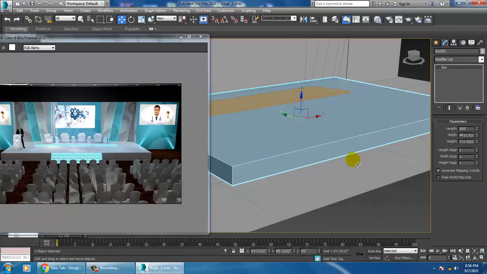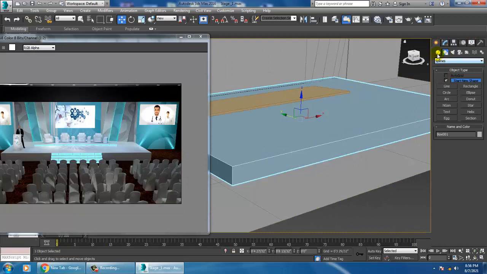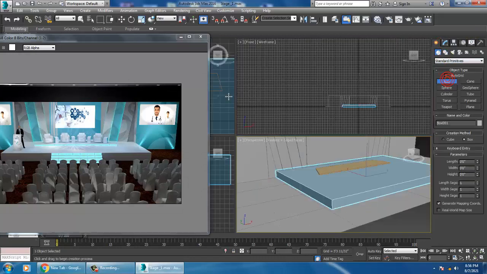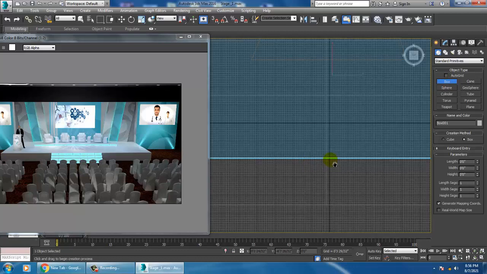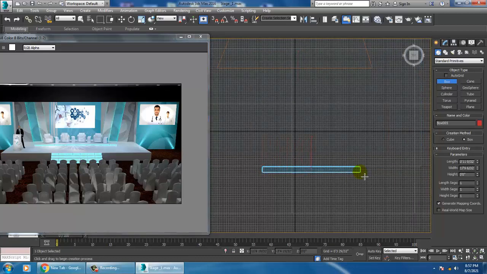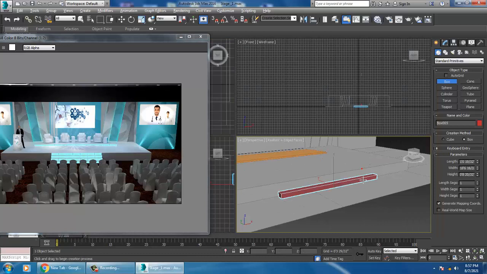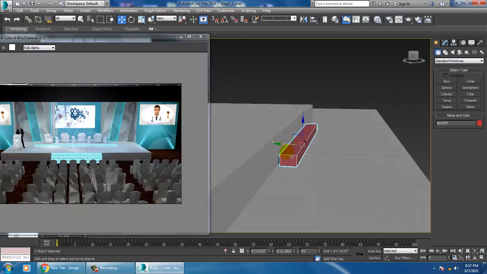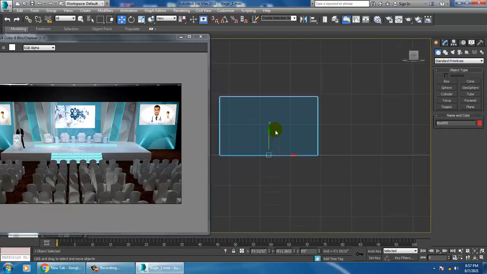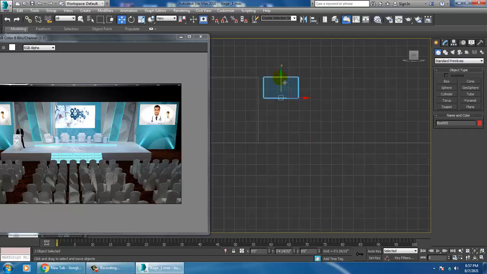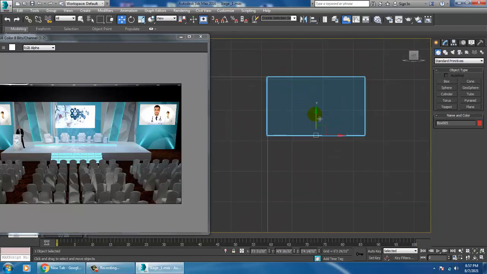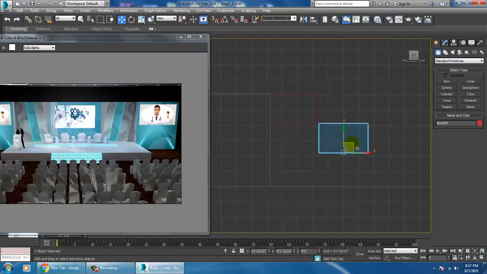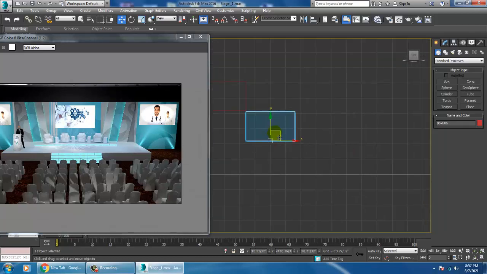After that, accordingly we'll be creating the stairs part. At the center of it, we'll create some stairs. Let's go into the side view over here. Just drag it, duplicate that, just duplicate it. That's it.